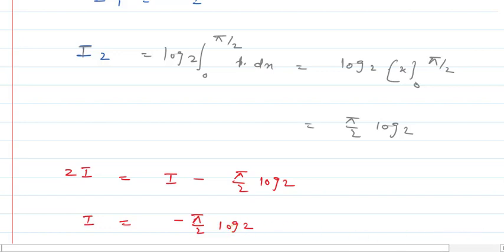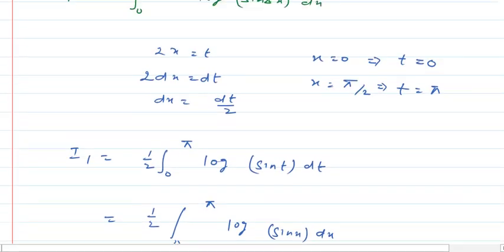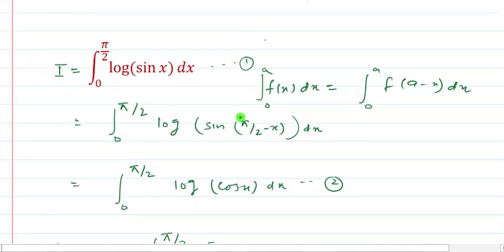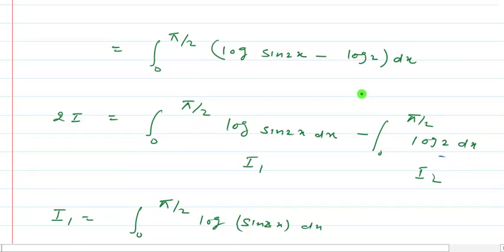So here in this question we have used almost all the properties. So this is one of the very important questions, and you should do it once again so that you will be able to simplify this question very easily. Let me explain all the steps again to you. First of all, as we are observing the limit is from 0 to a type, so we will use the property of a minus x, changing x into a minus x. After getting that and adding, we are getting in this way. So segregating the two, we are getting two parts, I1 and I2.